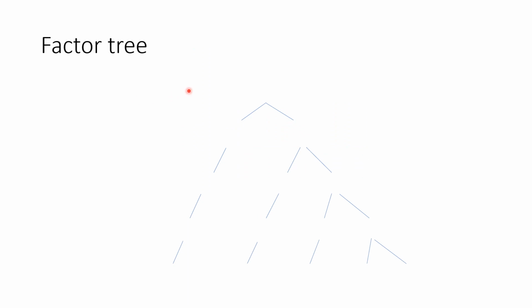Now we will learn the factor tree method. We know what a tree is. A tree has so many branches. In a similar way, from the name we can find out that a factor tree is a kind of tree where a number is represented in the form of branches of its factors. So let us take one number, 120. Now at first we will find two factors of 120.